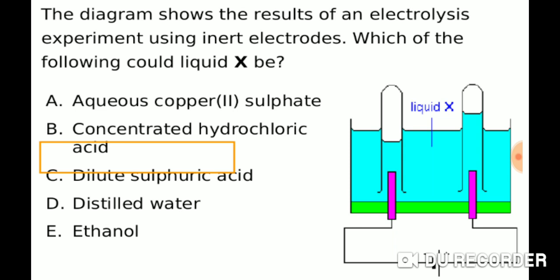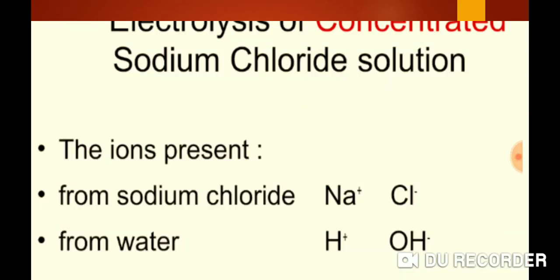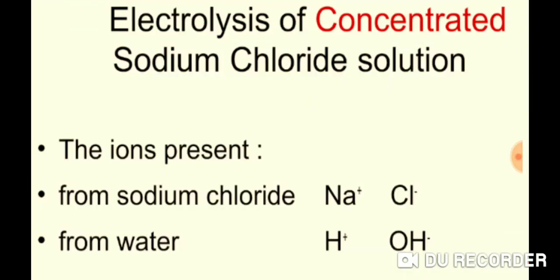The diagram shows the result of an electrolysis experiment. You can see here in those test tubes, the volume on the right side is less than the volume on the left side. It means it is water. And we know that distilled water does not conduct electricity at all. It means a small amount of sulfuric acid is required. So in the distilled water, we add a small amount of dilute sulfuric acid, or we can say that the liquid used here is dilute sulfuric acid, because dilute sulfuric acid conducts electricity.